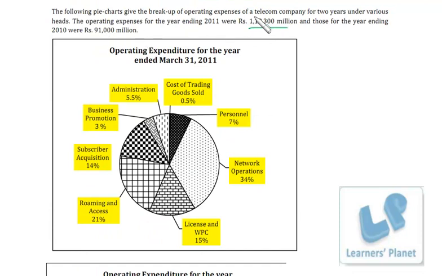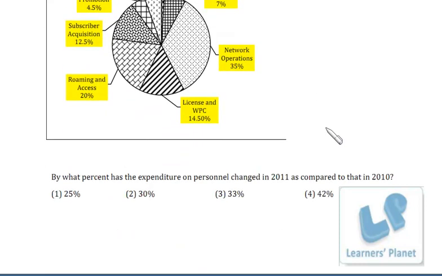Right? So what we can do is find out the difference between the two, and then find 7% of the same. Okay? And since we have to find the difference in percentage, we can drop the last two zeros and the million also. So precisely, from 910 the expenditure is 1183. So the difference between 1183 and 910 is 273, right? So 273 is the increase on 910. So what is the percentage increase? It's 273 over 910 into 100. That is the calculation we have to make.